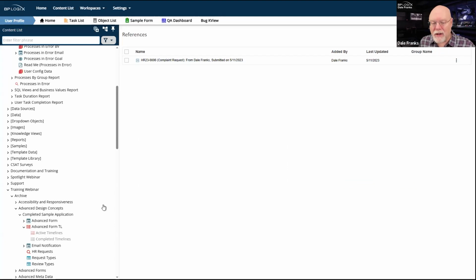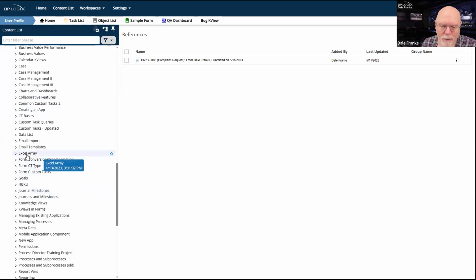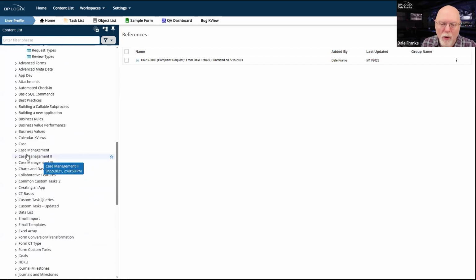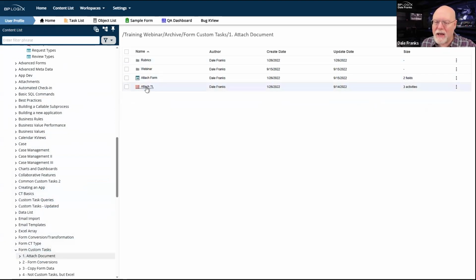Now, I tell you all the time, let's actually go back and see if I can find one that actually exists and has a process. So that attachment form is a good one. So let me go to custom tasks. I think it's actually form custom tasks. So let me go here. I have this attached document process.